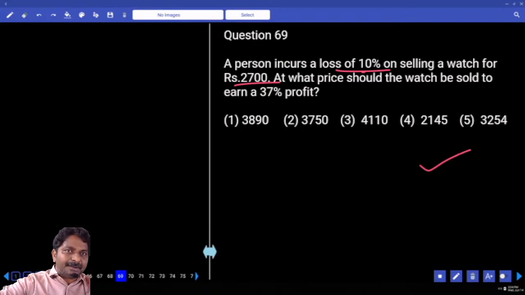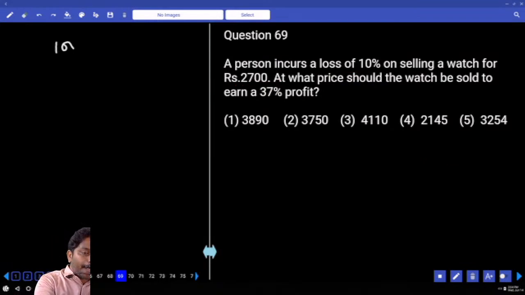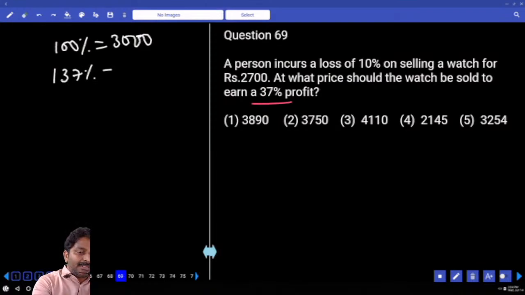3,000. Verify. What is 10%? 300. Loss. So what is 100% value? 3,000. When you are expecting 37% profit, you need to sell it at 137% only. That is equal to 137 into 1% value. What is 1%? Ends with 0. 7 into 3 ends with, answer ends with